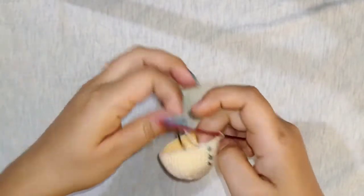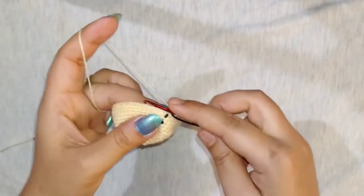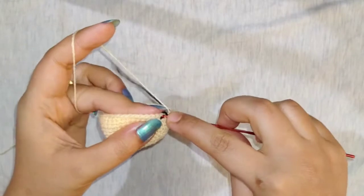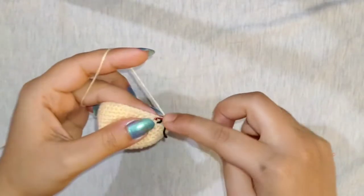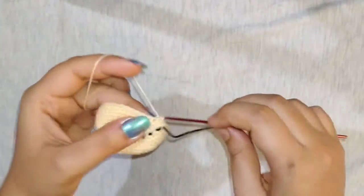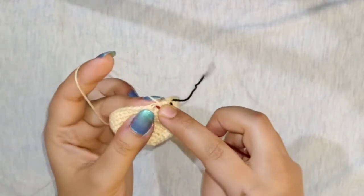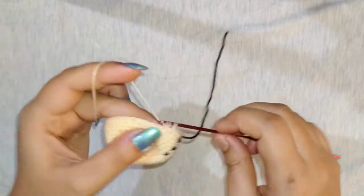Now let's start decreasing. For that, first I'll make 4 single crochets. For the 14th round, I'm doing 4 single crochets first. And then I'll make the invisible decrease. Again 4 single crochets